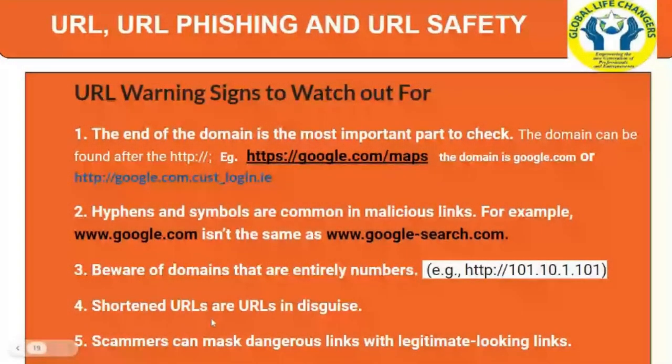Number 4, shortened URLs are URLs in disguise, used because of a word limit or character limit on certain social media platforms. It's common to see shortened URLs there, but they are also found in text messages, emails, and other media, such as tiny URL. So tiny URL and bit.ly, they take longer URLs and tie them into a URL with fewer characters. While this service is convenient, the reality is that a shortened URL is a mask for another link.